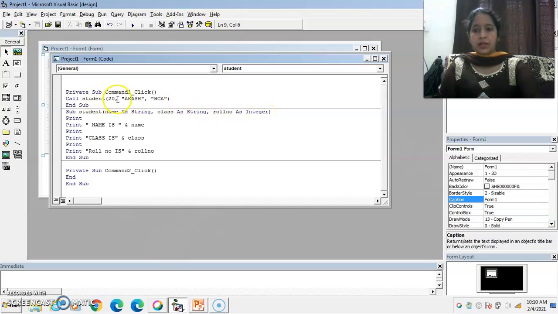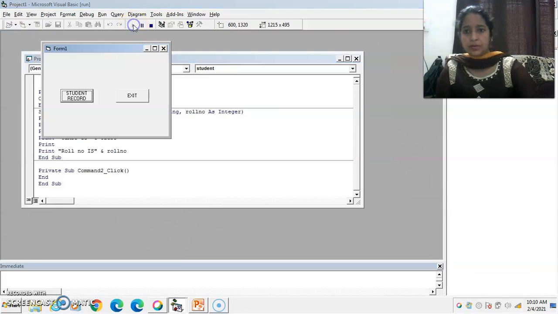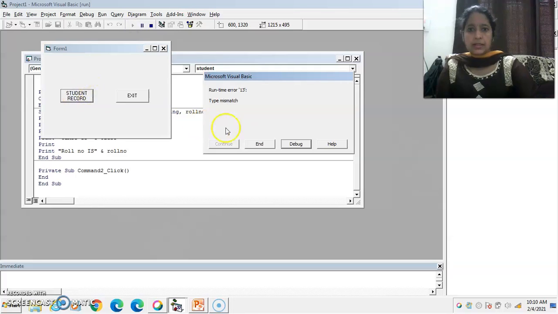But during the student call, I change the order, that first of all I pass the value 20 for roll number, after that name Akash and class BCA. Now run this program. There is an error. You can see clearly on the screen there is a type mismatch error.